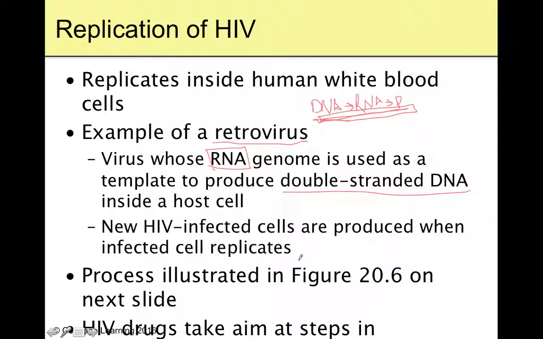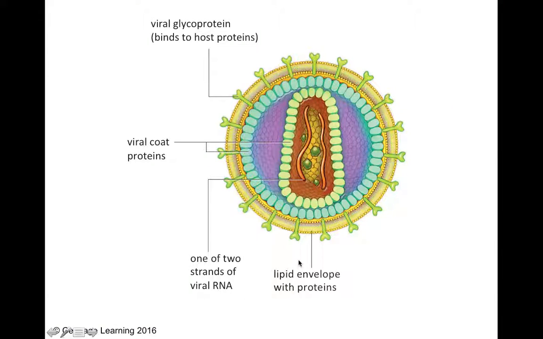And so the HIV drugs a lot of time will try to take aim at a few steps. One, don't let the virus attach to the cell. Two, stop the enzyme reverse transcriptase and we can slow the spread into other cells. And so that's how we get what are called retroviral drugs, which are really created in the fight against HIV. And so that's how you get that.